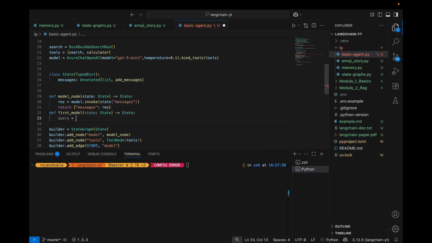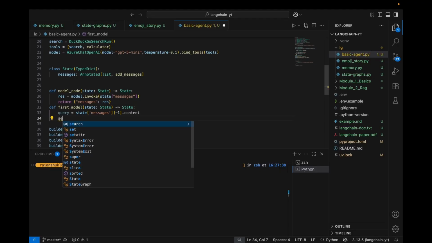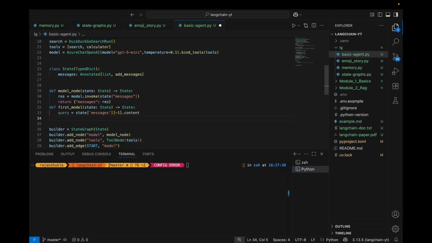and we'll extract the query. What is the state message? The last one, the content of the last message. So it could be the AI message or human. In most of the cases, it will be AI message. Then we can enforce here